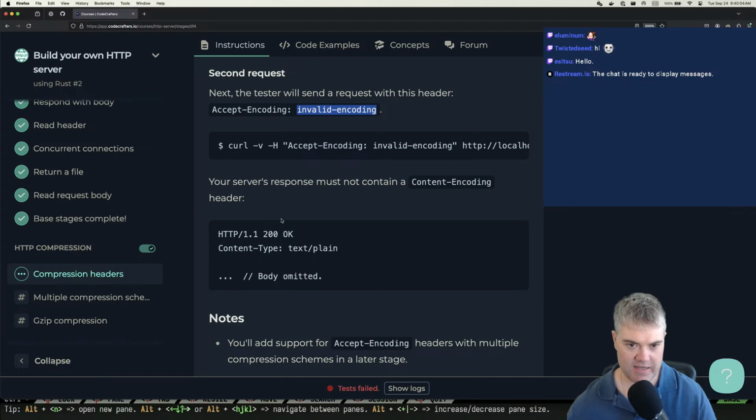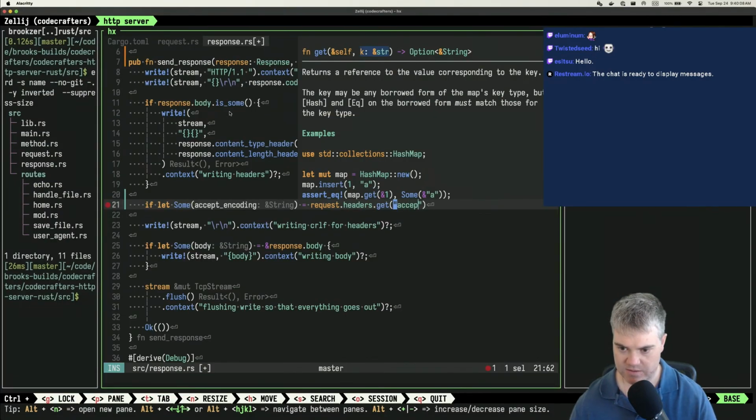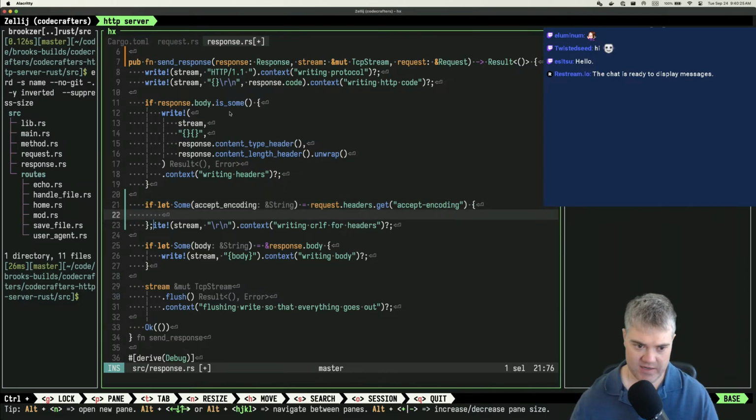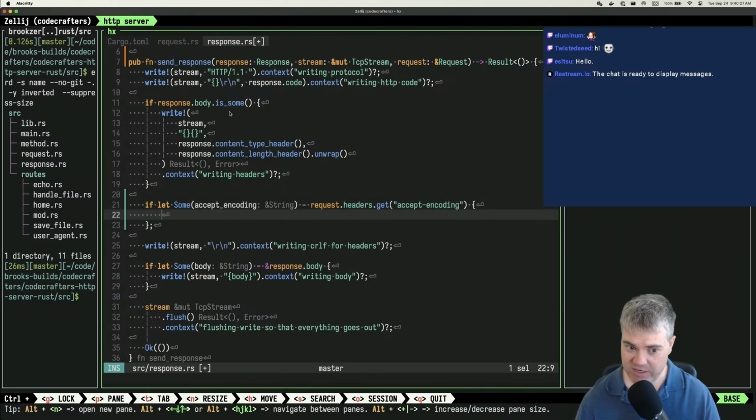So we're going to get accept encoding. Okay, so we get that. That'll give us a string, which is the value of it. If let Some, we do that. And if we don't have anything in here, we don't do anything, and it'll be fine. So then we check to see if this is gzip, because the only accepted